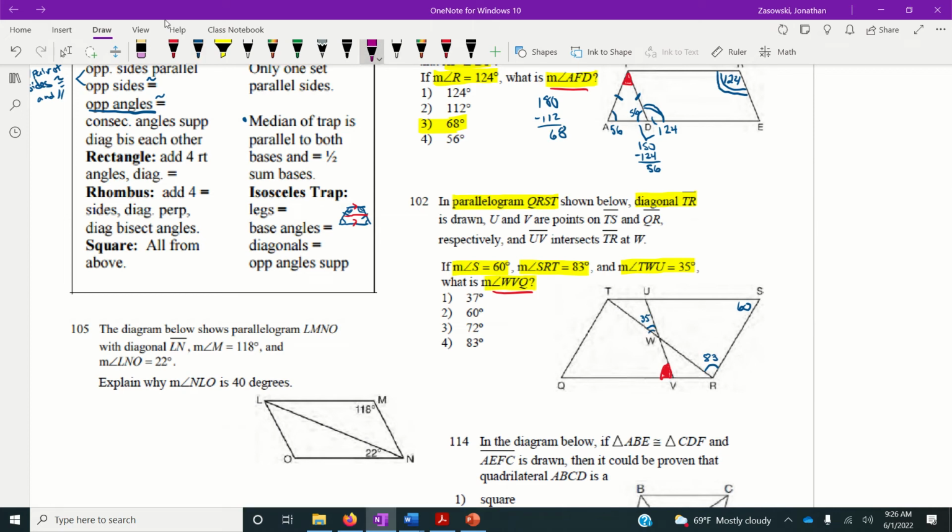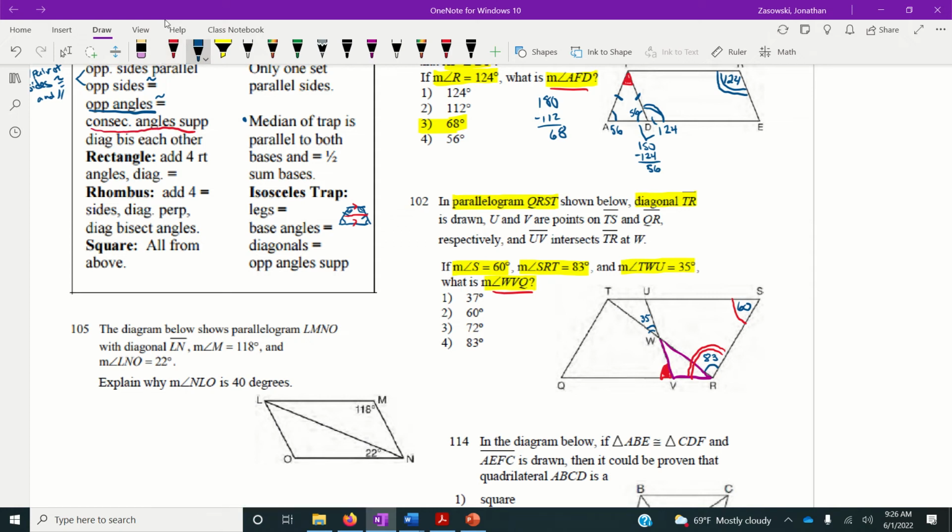Okay, so hopefully you may have identified the fact that there is a triangle chilling right here. So when you're trying to figure out the measures of certain angles, try to look for triangles, try to look for supplementary angles, things along that line. And also, we know that this entire angle, which is right here, has to be supplementary to this entire angle right here, okay? So the consecutive angles are supplementary is something that we're going to want